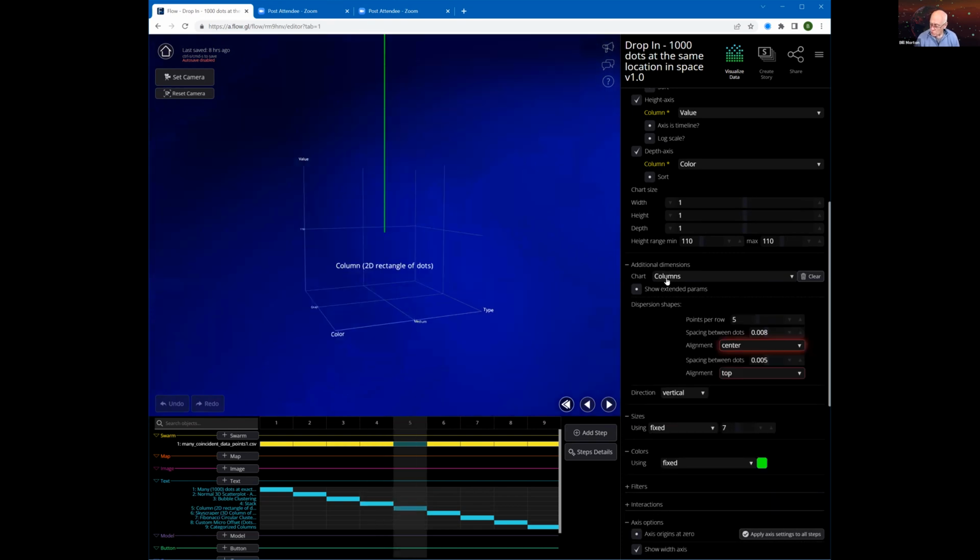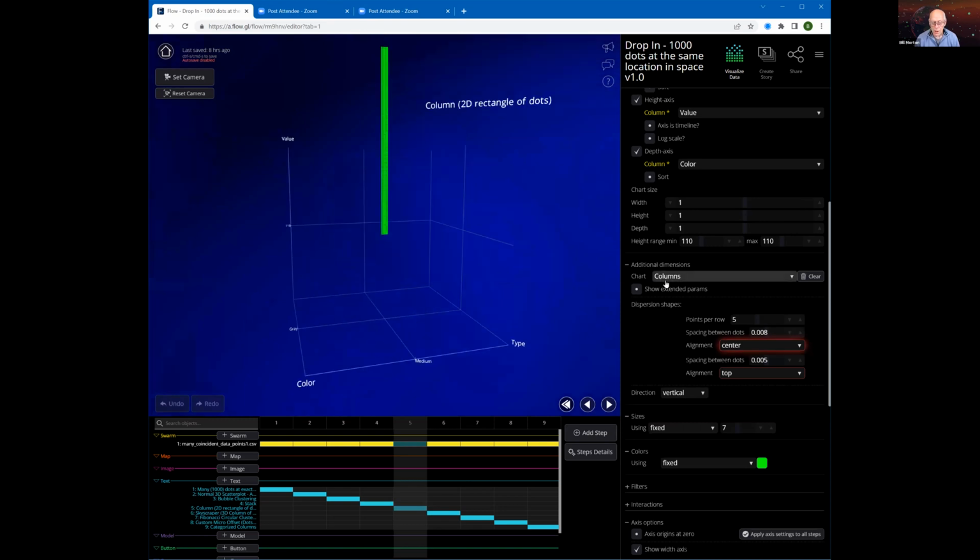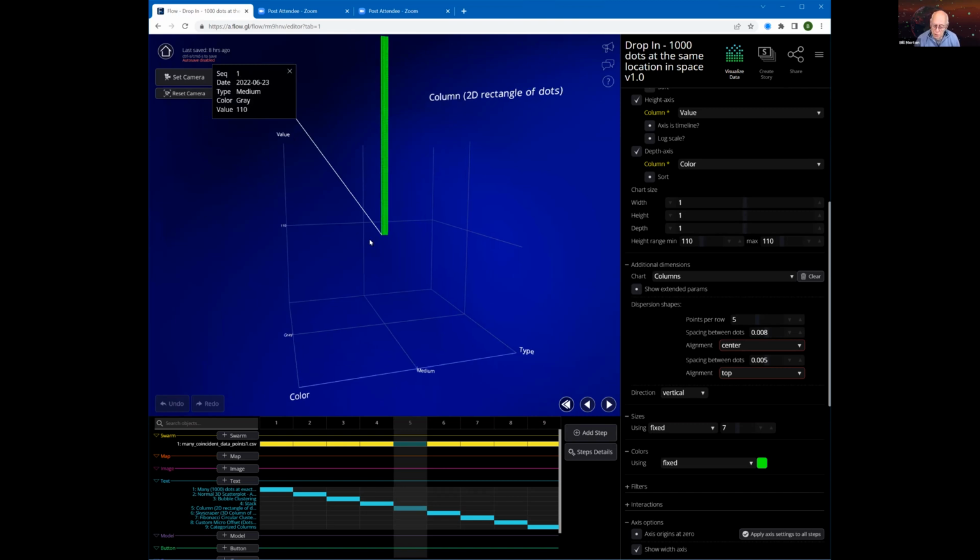We call that columns. Columns allows you to configure this dispersion of data around this single data point in a two-dimensional way. It's a 2D rectangle of dots. Let me click on this particular dot right here in the lower left. Here we go, lower left, sequence number 1. This is the very first dot in my data set. And if I were to click on this very upper limit here,